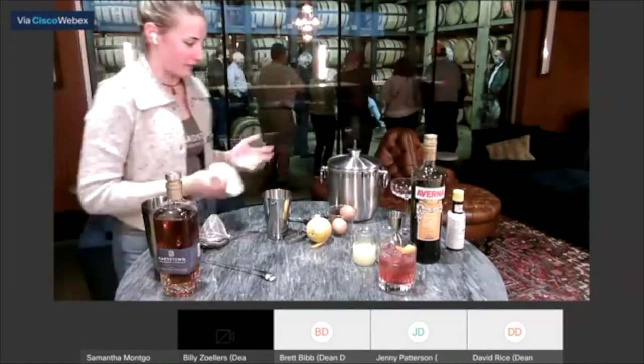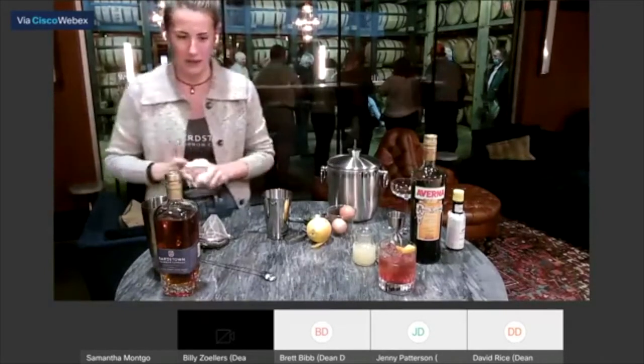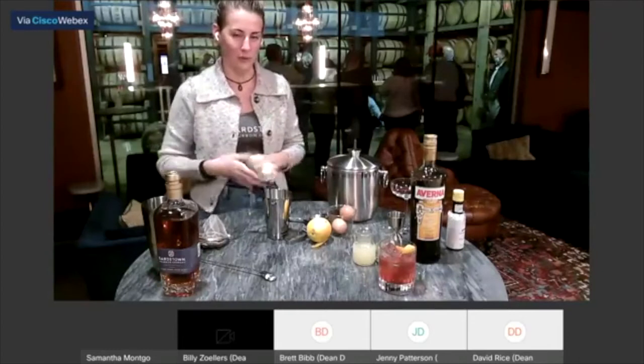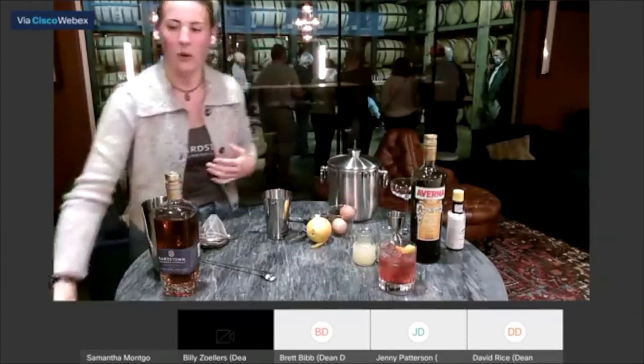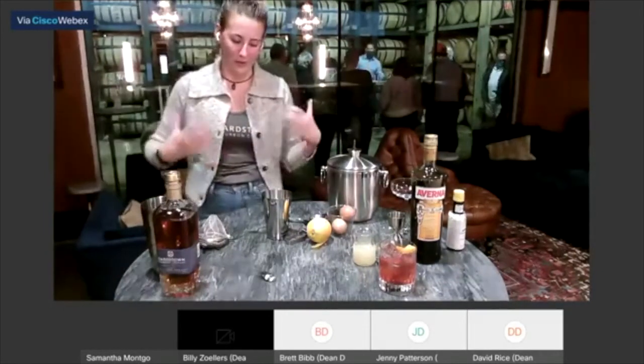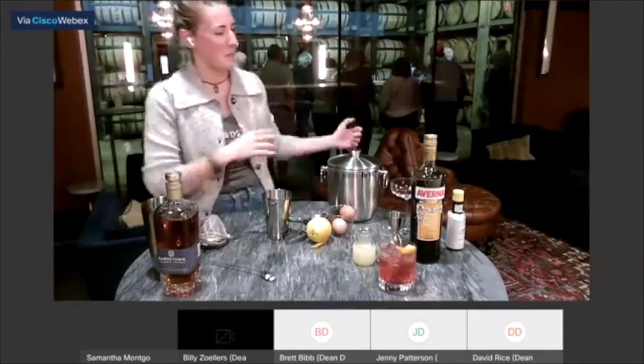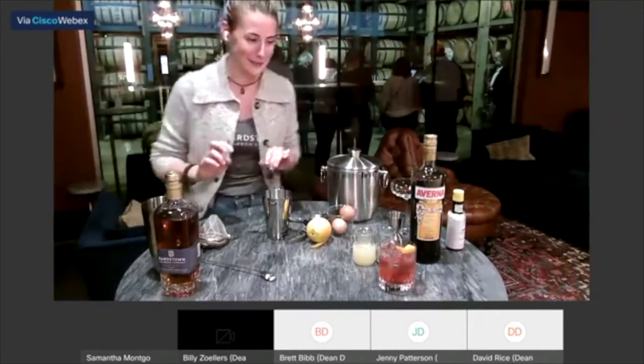Now our egg white is in there. That's from one whole egg. That usually does well for 1 or 2 cocktails. If you were doubling down, I think 1 whole egg worth of the egg white is good for 2 cocktails. So now that we've got that in there, or maybe you're just waiting to get started with the other ingredients,